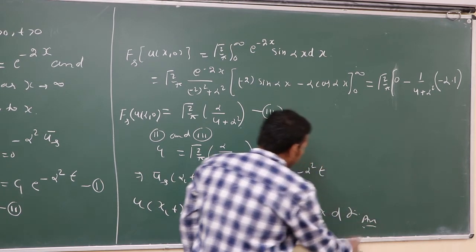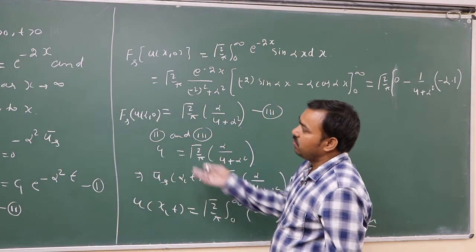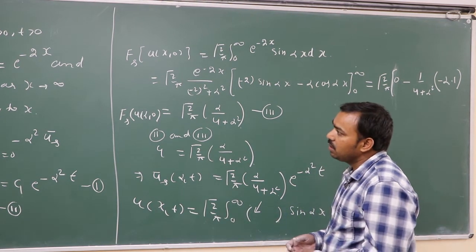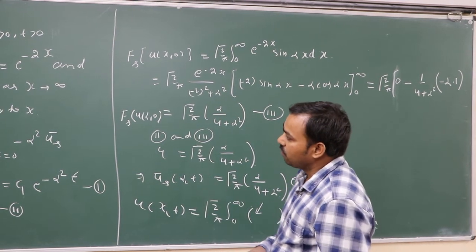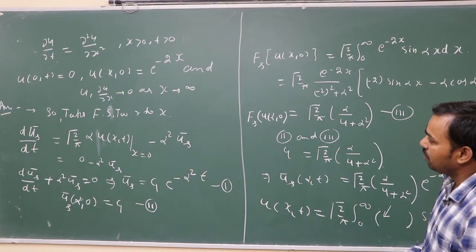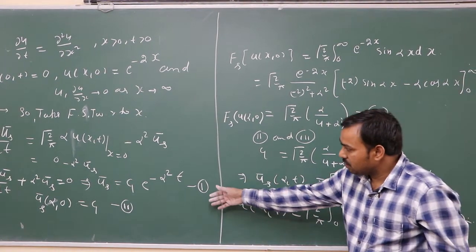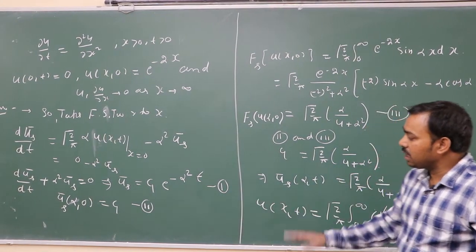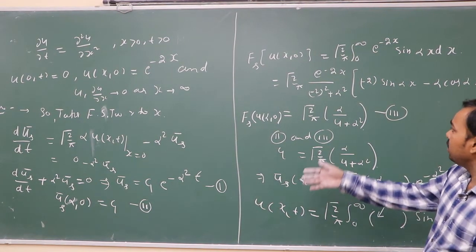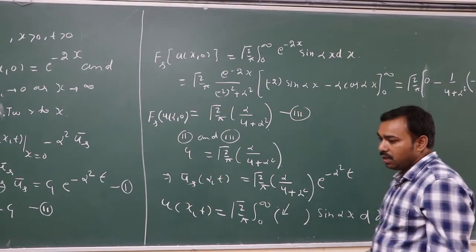So finally we get the answer. First see which type of problem is given. So simply take the Fourier sine transform, and see whether it is applicable or not. If applicable, simply apply it and we get 1. Next, if there is a constant, simply find the value of the constant. So finally we get the answer.